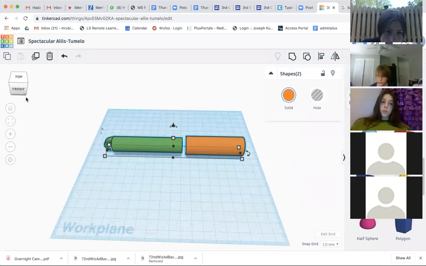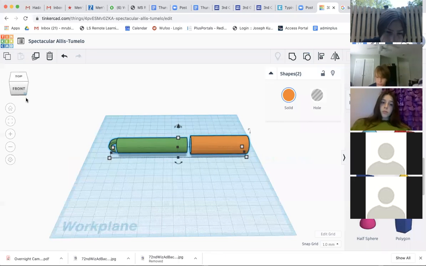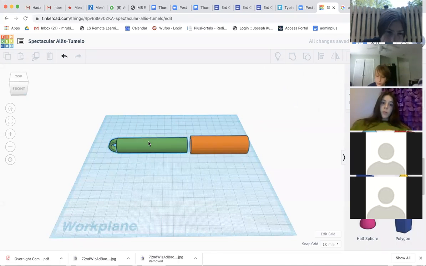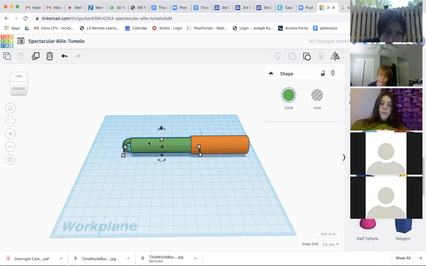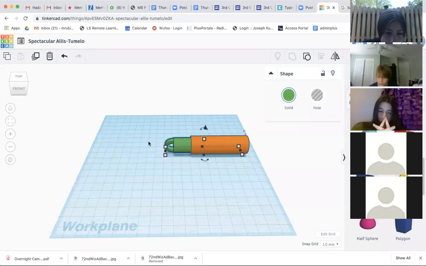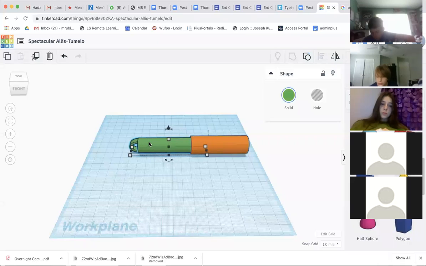Let's check it out. Okay, ungroup and push the ball. There's my design. Remember that when you're printing this, you want to keep them separate. Okay,